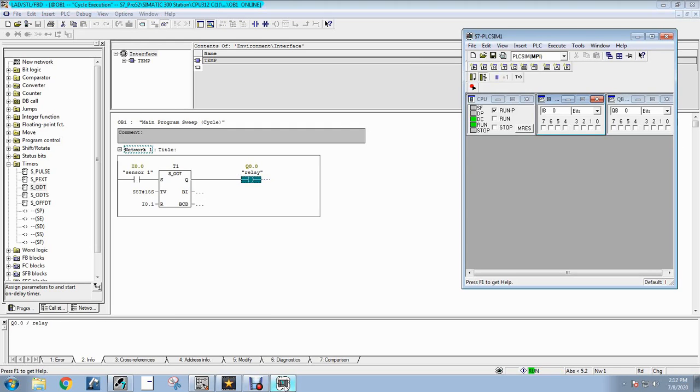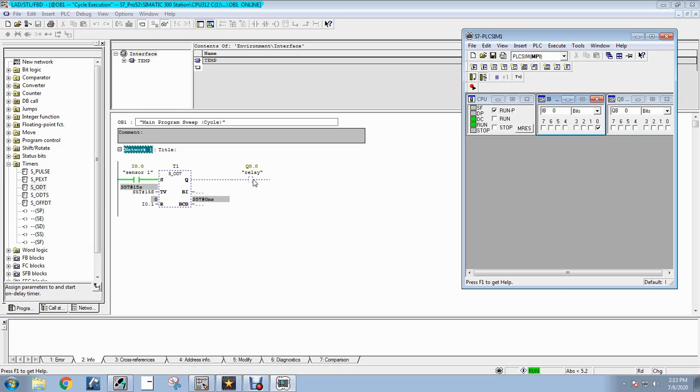Now notice what will happen. When input is high at sensor 1, the countdown timer starts. If the input is high at I 0.1, it stops, and it does not start even if the input is low at I 0.1, and no output will be shown.